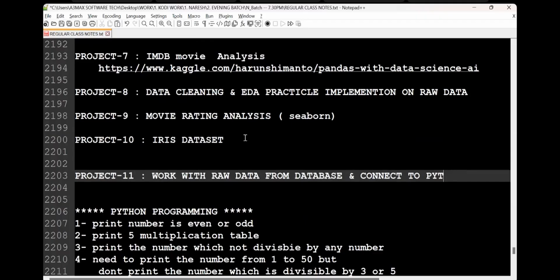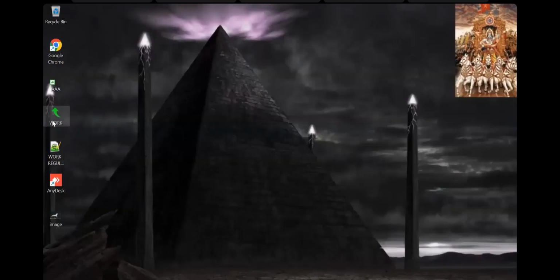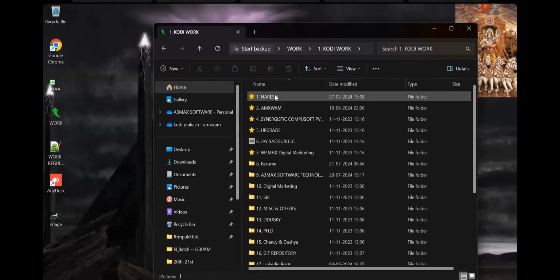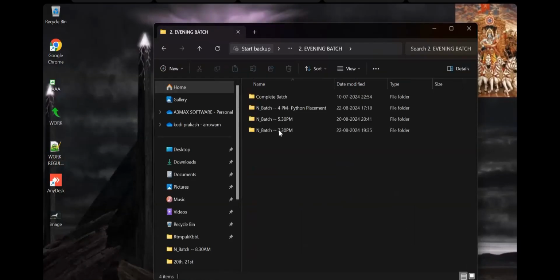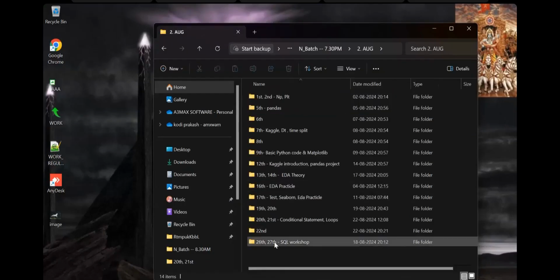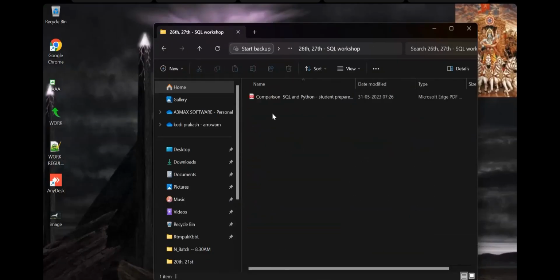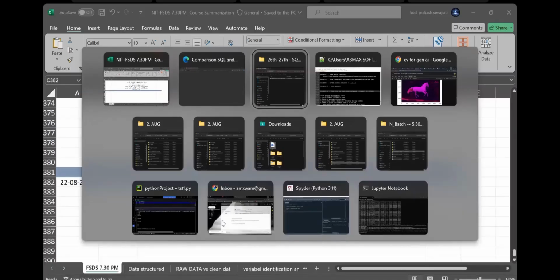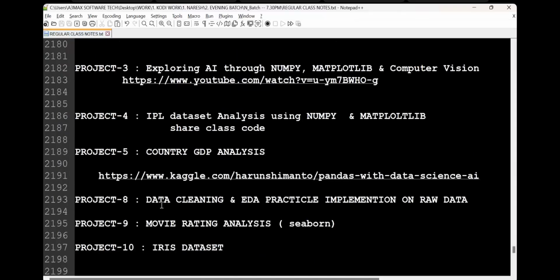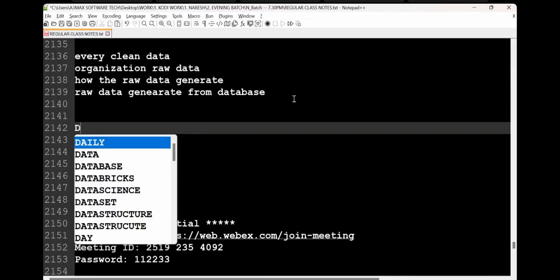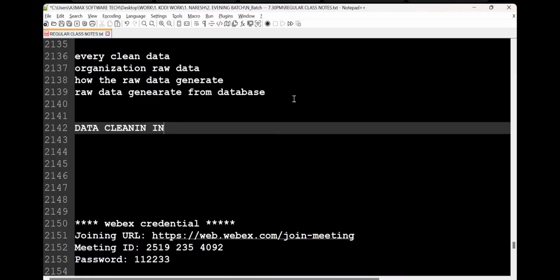So how exactly will it be done? So before that, one second. Okay, SQL workshop. So there are two more parts. Also, I can say data cleaning in Python